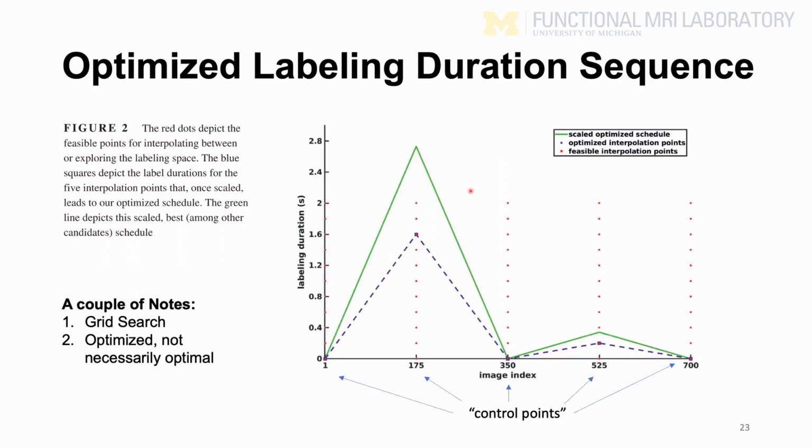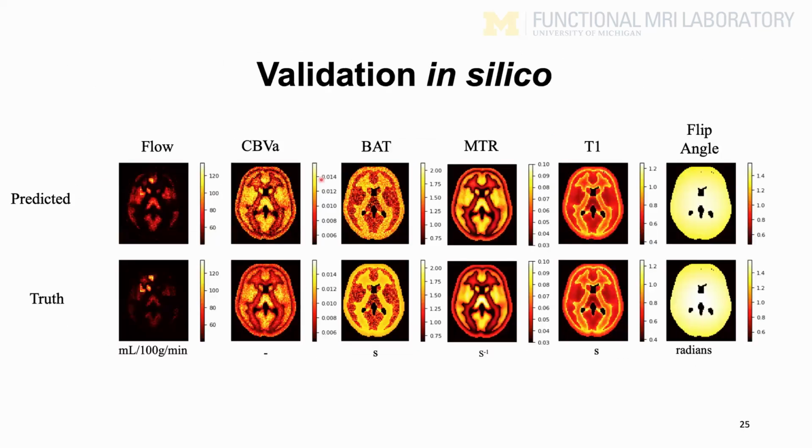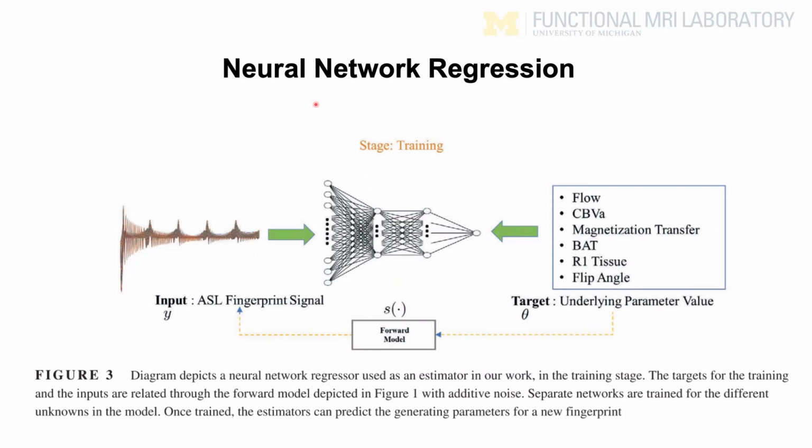Okay, so the actual search was not very sophisticated. It was a grid search. It was, I guess, 5 by 10 combinations of schedules that we could search over, and we were just trying to find which one was giving us the best Cramer-Rao bound. And this is what came up. What came up is later. So once we had that optimized,